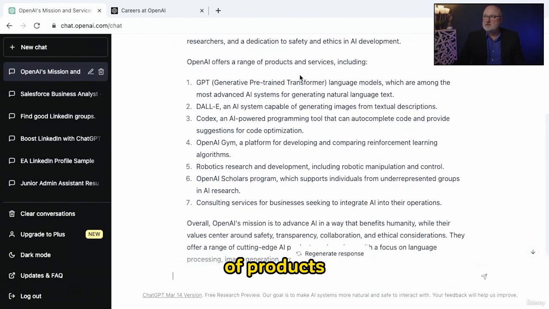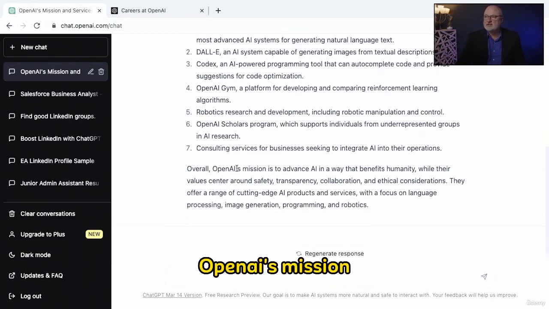And then the range of products and services would be GPT, and that would be the generative pre-trained transformer language models, of which we are learning about now. DALL-E, and that's the image AI that they have that can generate images from text inputs. And then as well, Codex, OpenAI Gym, a platform for developing and comparing reinforcement learning algorithms, robotics research and development, OpenAI Scholars Program, and then as well consulting services. So overall, OpenAI's mission is to advance AI in a way that benefits humanity while their values center around safety, transparency, etc. All right, so now I want to do a follow-up prompt, and I'm going to ask ChatGPT to